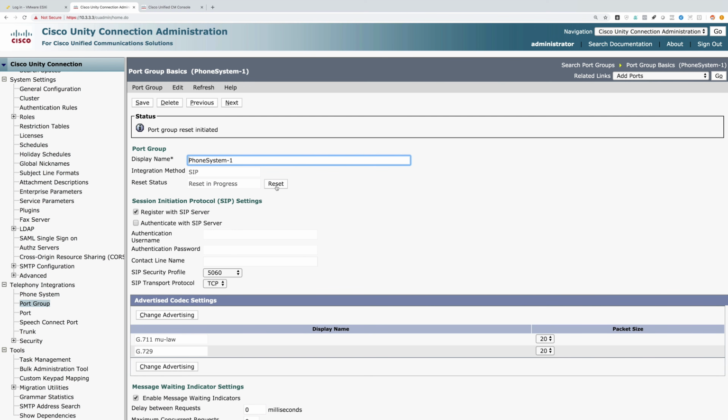Now at this point in our configuration, we haven't set up voice mailboxes for our users yet. We haven't imported our users, but we should have communication between our Communications Manager server and our Unity Connection server. So as a verification that everything's good up till this point, let's do this. I'm going to go over to one of my HQ phones, and I'm going to press the Messages button. And by the way, if the Messages button doesn't go anywhere, I might need to do a reset. In fact, I probably do, so it can learn who the voicemail server is. But let's go do that and see if we can press the Messages button and be directed to our Unity